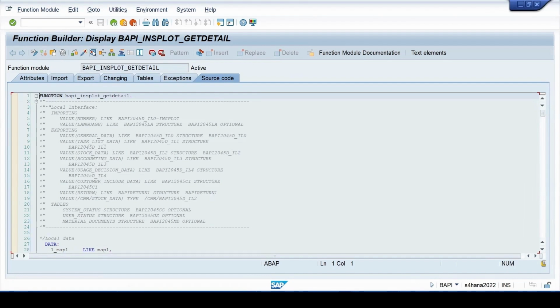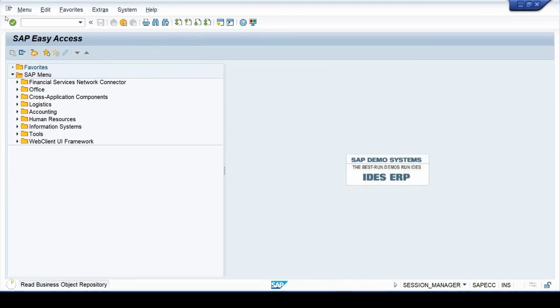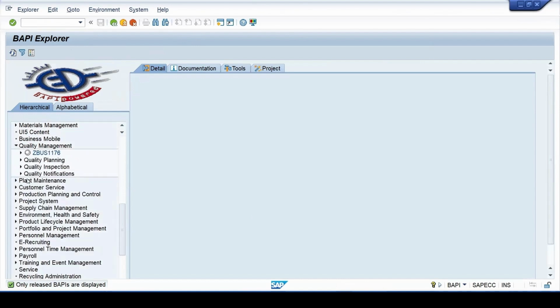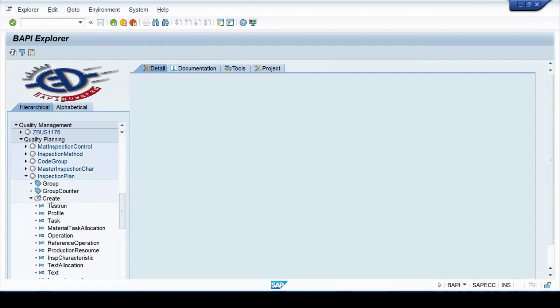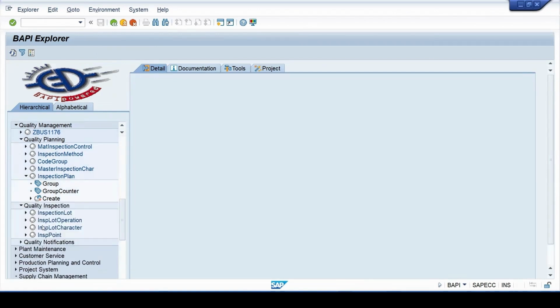I can show you a little bit about it in the ECC version. Okay, let me switch to the ECC. Go to BAPI. So what all BAPIs are there now? You can see quality notification is also there. Quality planning is there. Inspection plan relevant: what all objects are there? Here you can see Create is there, for the inspection plan creation. That inspection plan, normally we use BAPI only to create it. I will show you in this case how it works.